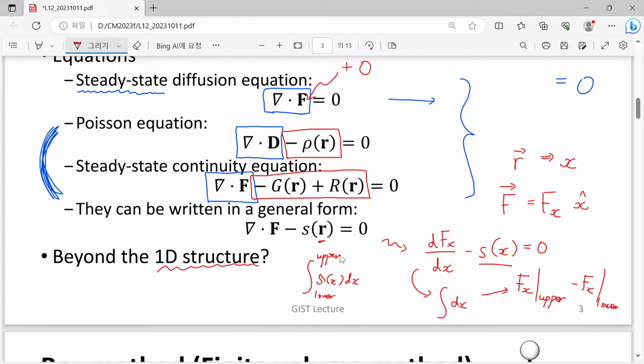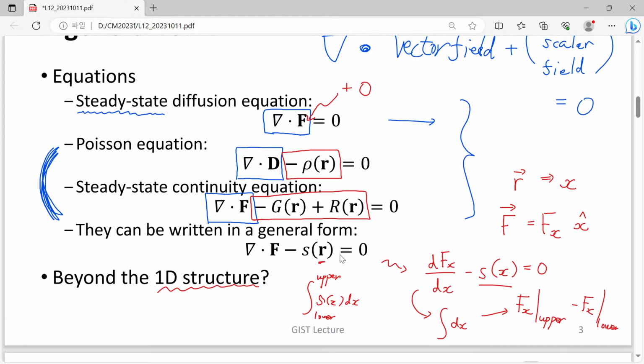So are you with me? So everybody, please try to understand the general procedure. Although we have three-dimensional equations shown here,